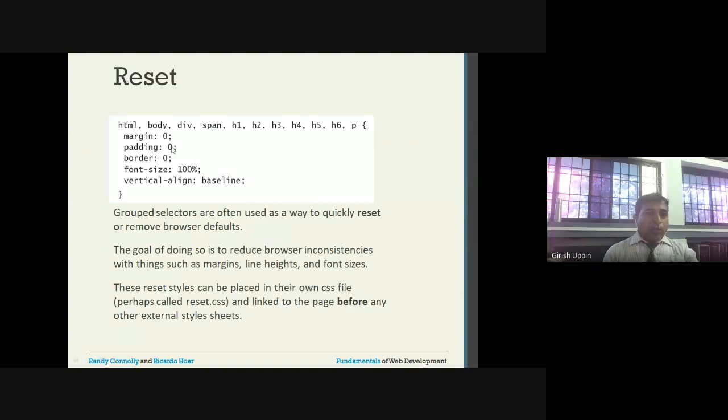After that you will use other styles to define these things. Suppose here h1, h2, all these things are reset like this, and later you can define in your styles how you want to display header 1, header 2.